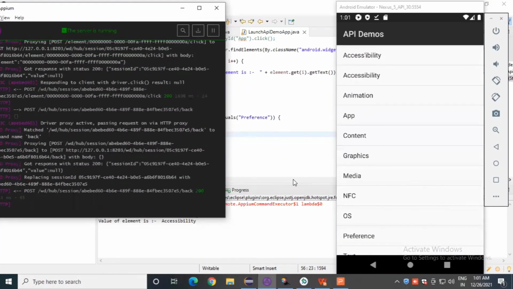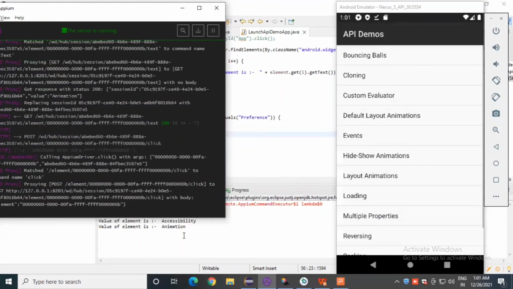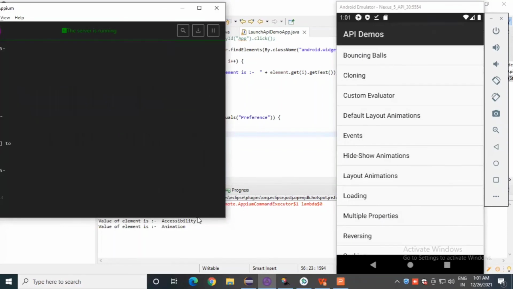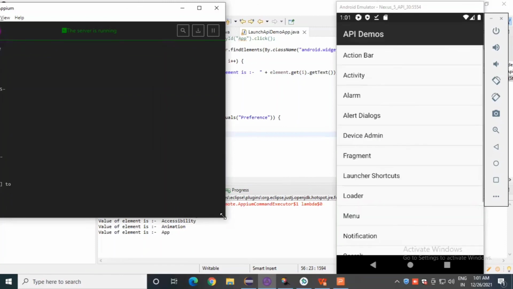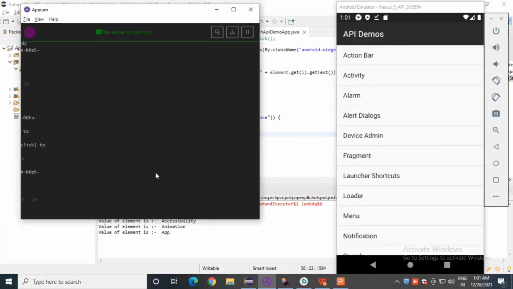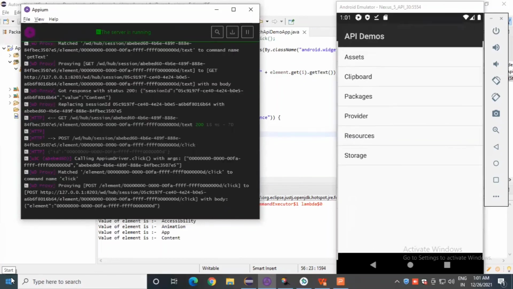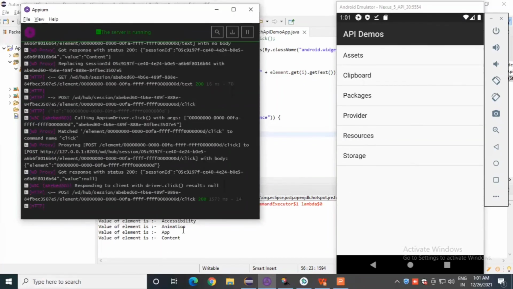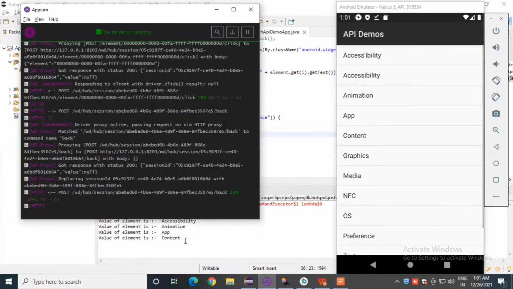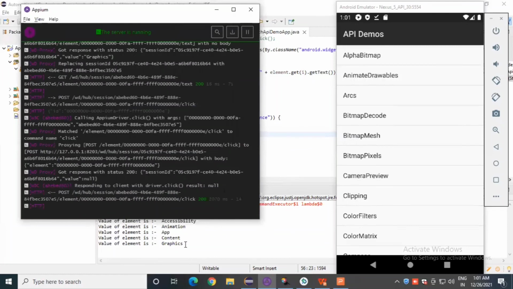Let's click on animation. Okay, log in here also. Console output is also showing properly till content, right? Okay, let's click on graphics also, right? Perfect.